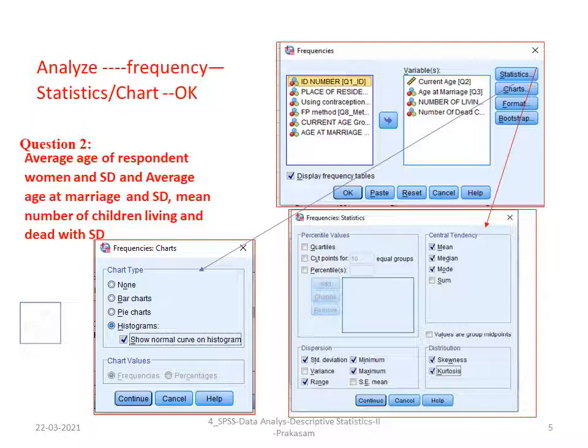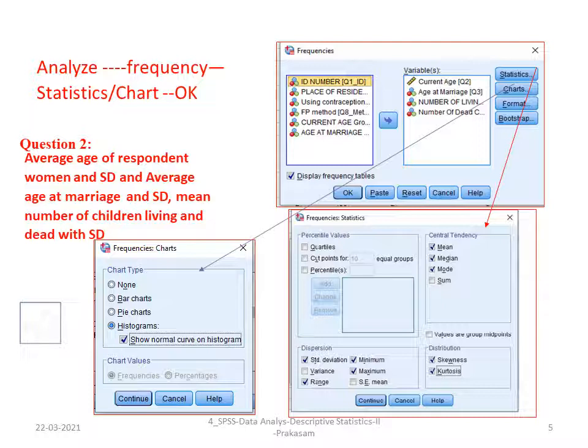When you click the frequency, you will get a window like this, with a left side and right side. From that you can transfer whatever variables you require to find out the statistical analysis in SPSS.